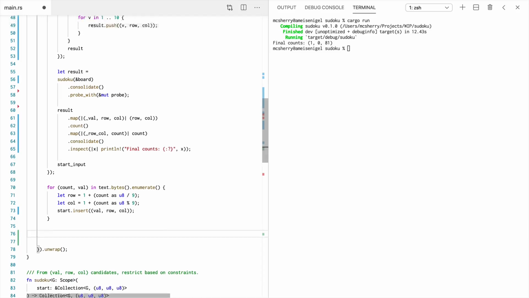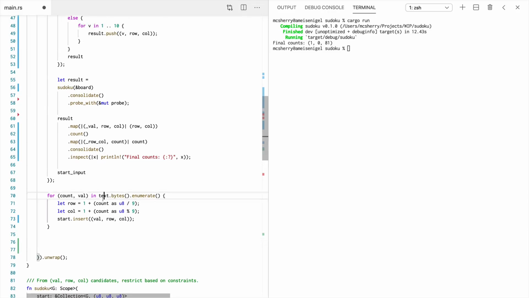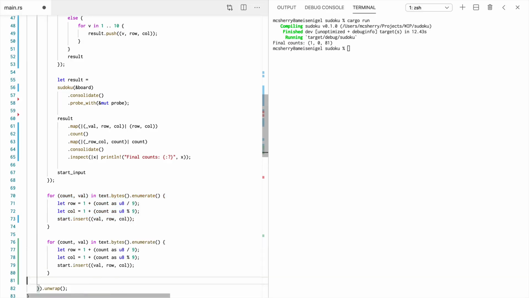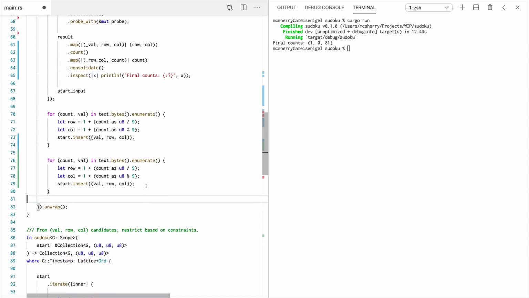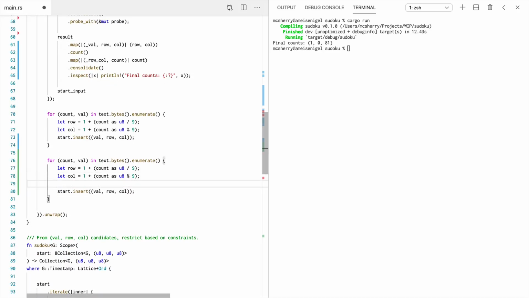So we are going to write some code. This is essentially the same thing. We're going to walk through these bytes again. So we're going to do for count, comma, val. Sorry, I'm literally just going to copy the exact same thing, except rather than inserting a thing, we're going to do a little bit more logic. So down here, we want to